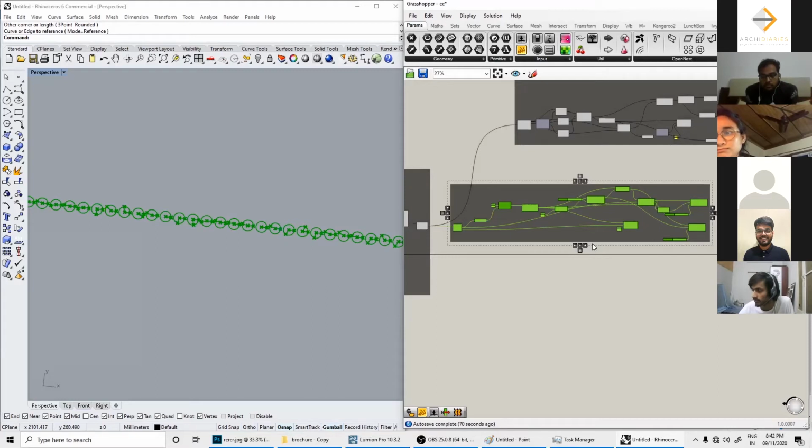But this is basically achieving the form. This is concept development. जैसे हम sketch करते हैं ना, it is the same thing for Grasshopper. This is your first initial sketch. Is it good with everyone?